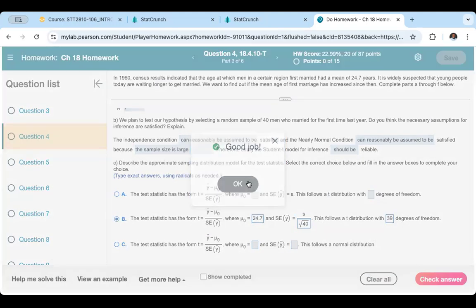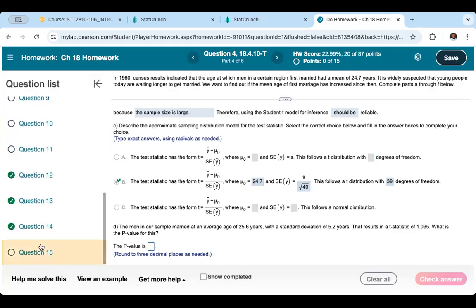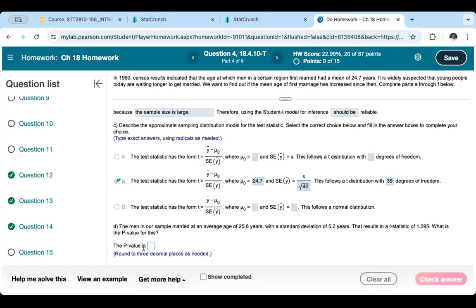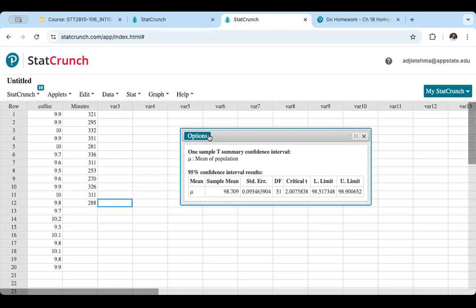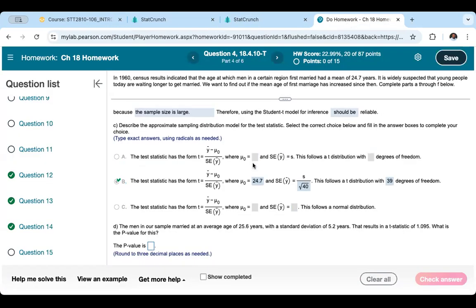So on Monday, we will do how to do hypothesis testing via bootstrapping. I'll be quick on that. Then we answer question 15. And then it's asking you for the p-value. To get the p-value, you just need to come here and click this one, put in the hypothesis correctly, and get the p-value for that. And then on Monday, we would finish this and start chapter 19. So see you guys on Monday. You two have a